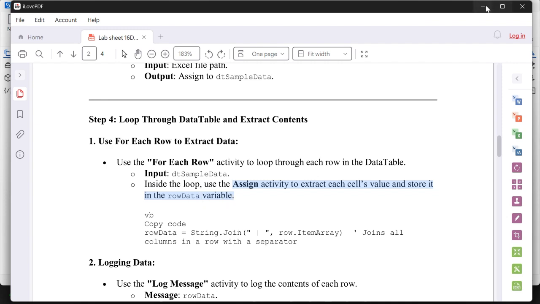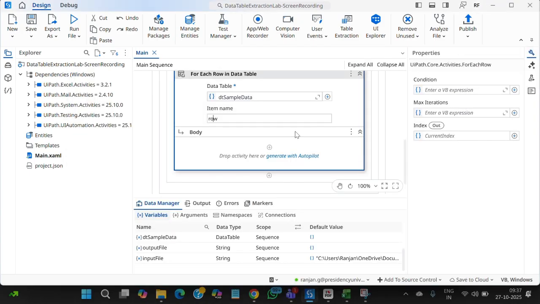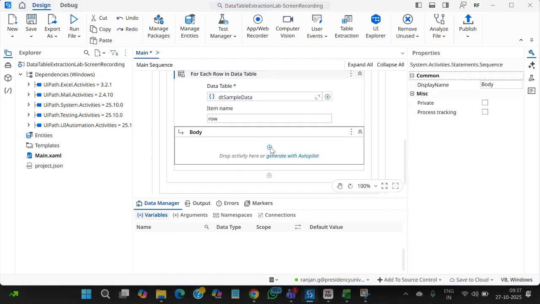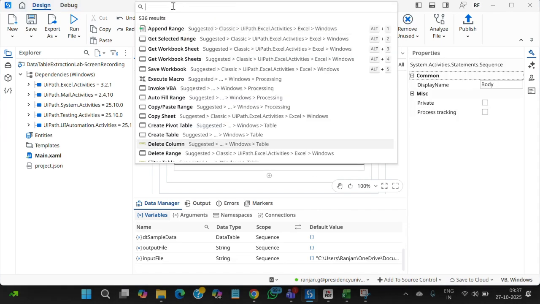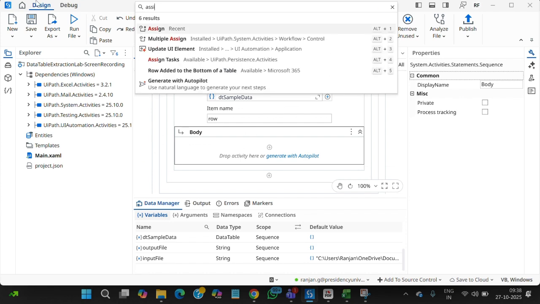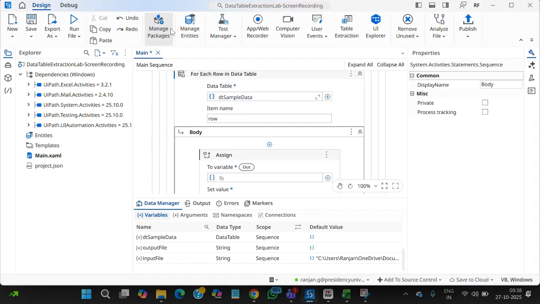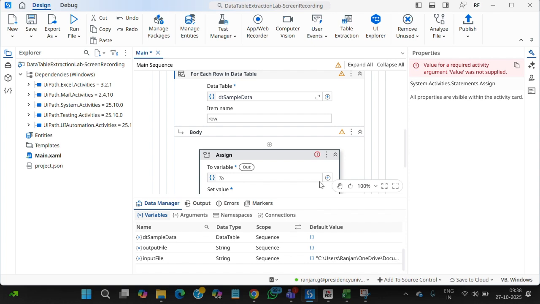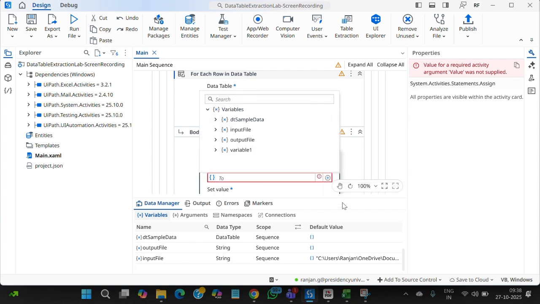So that's what I'm doing over here. I'm using an assign statement. Assign. Where am I assigning to? I'm assigning to,